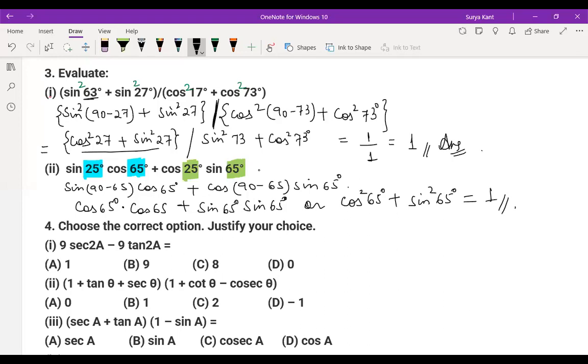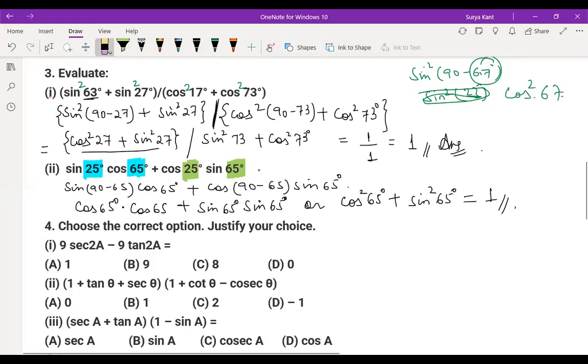Is it clear, children? This type of question, you may have doubt at one place in the exam time. You know why? What you get? Sine square 90 minus 67. Don't write again sine square and subtract this one and do that. 90 minus 70 is 20, 23. Don't write like this. You have to convert sine into cos. So cos square 67 you should write. Remember that. Sine 90 minus theta is cos theta. You may have doubt here.